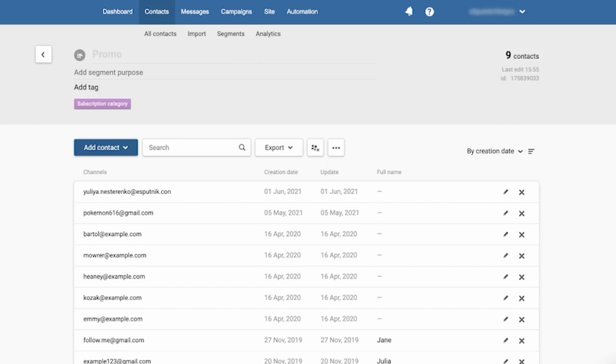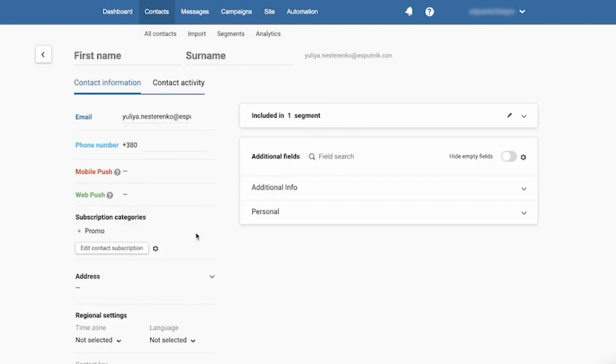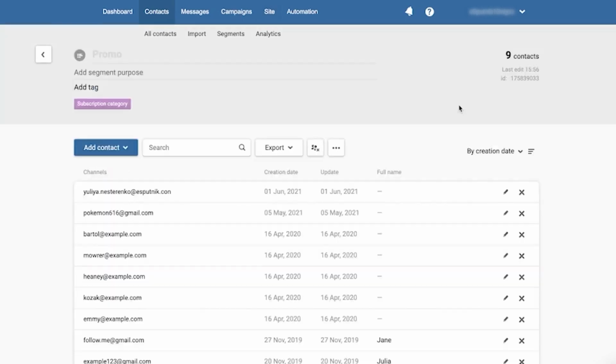You can manage contacts in the segment assigned to the subscription category as follows: Edit. Select the necessary contact, click Edit Contact on the right, and make the editing. Delete. To delete all contacts from the segment, click Empty Segment. To delete a single contact, click Delete from Segment on the right of the necessary contact, or go to Contacts,